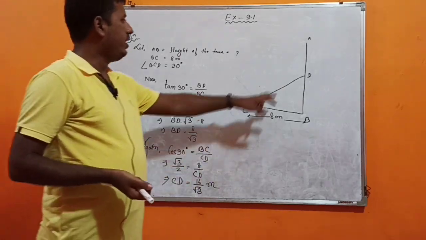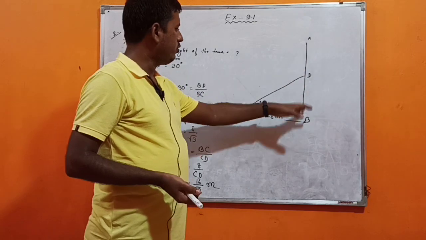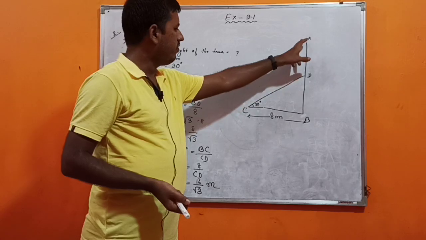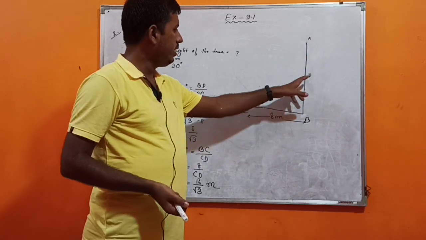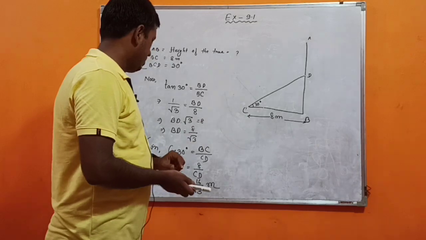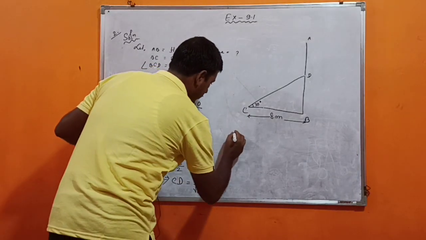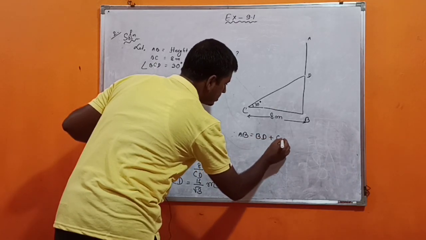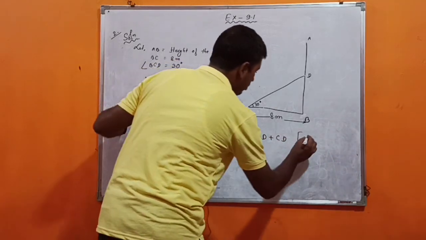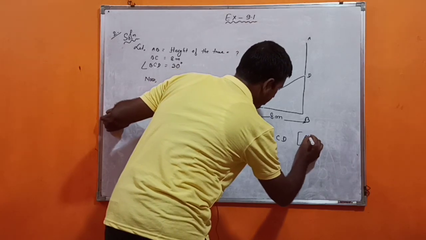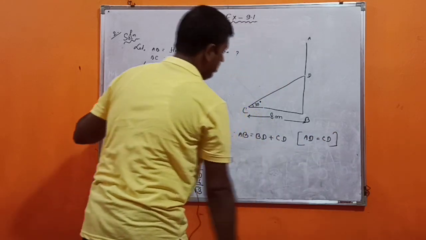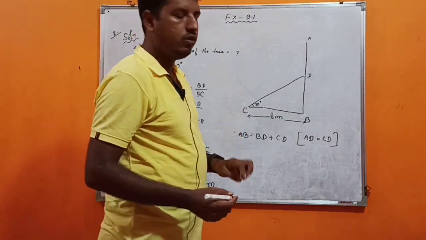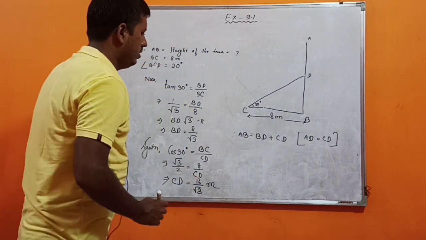Now we are to find AB, and to find AB we have to add BD and AD, and AD is nothing but CD. Okay, now to find AB we are to add the value of BD and what, AD, and AD is the value of CD. Therefore AB equal to BD plus CD. I am writing in the bracket for your better understanding. AD equal to what? AD equal to CD. Okay. If you go through the question and the diagram and my lecture, you will be able to understand how AD equal to CD.